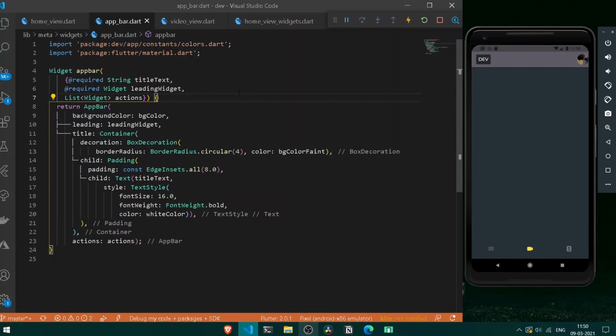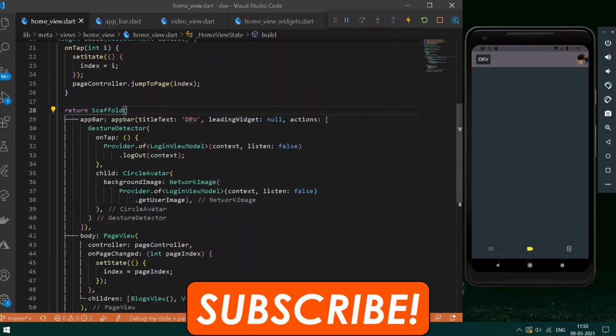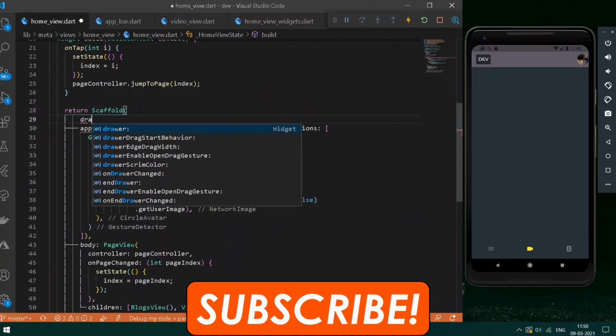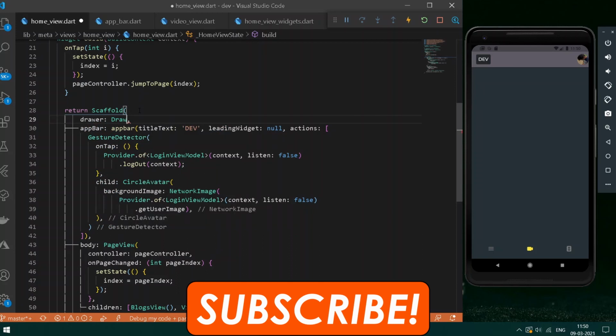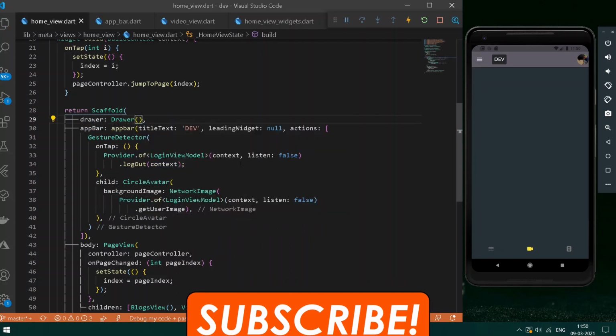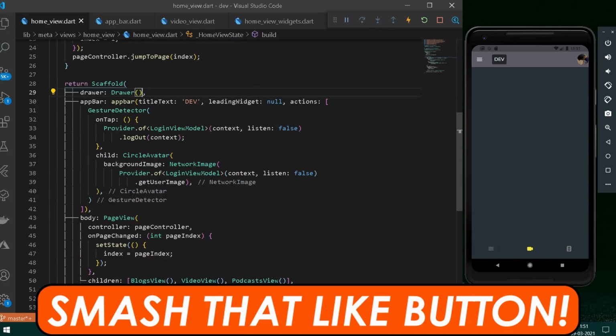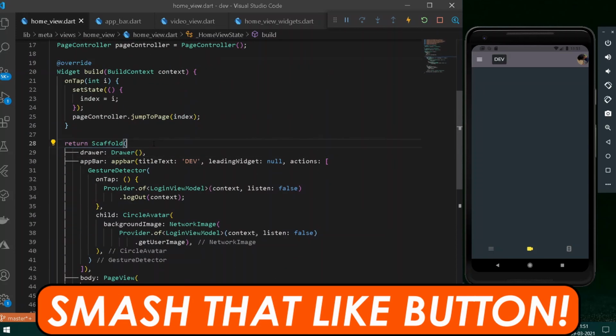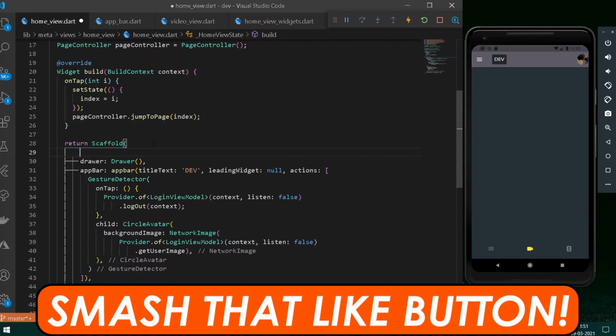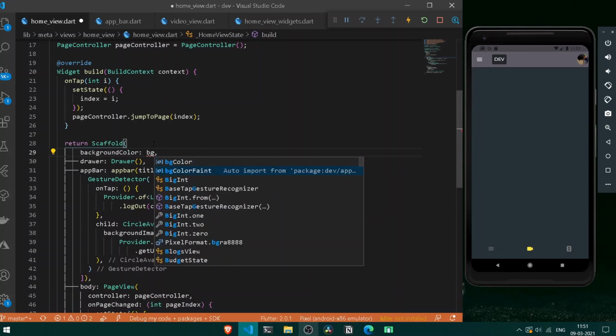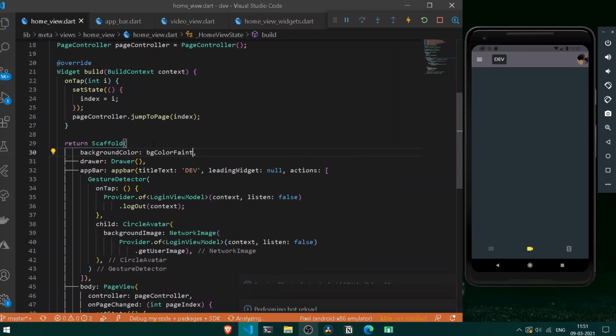So once we have done this, we shall be having our other widgets as well. So first thing first, we can go under our home view. And under our home view at our scaffold, let's have a new drawer. It shall be just an empty drawer for now. Cool, so also let's do one thing, that is under our entire scaffold, let's have a different color for our entire page. So here under this, let's have a background color. For a background color of faint, let's test it out. It's always about trial and error.